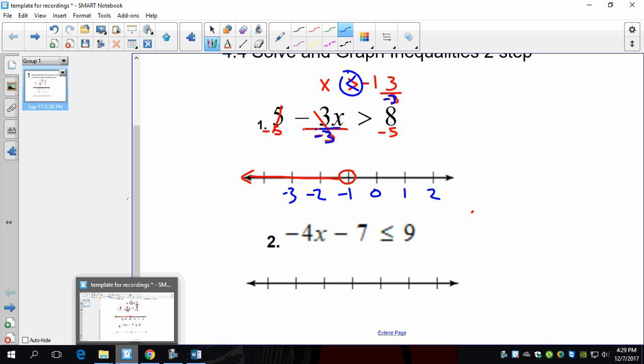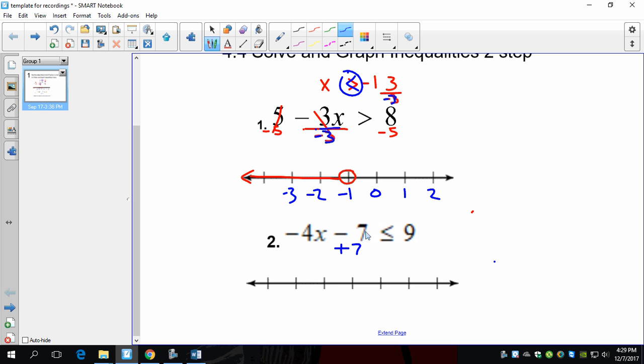For number 2, negative 4x minus 7 is less than or equal to 9. They're subtracting 7, so we want to add 7. So we're going to go ahead and add 7 and get 16. Then we have negative 4x, and we are going to divide by negative 4 and divide by negative 4. So we're going to get x is less than or equal to